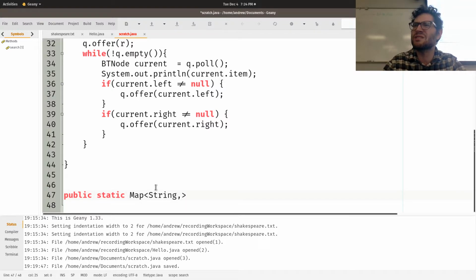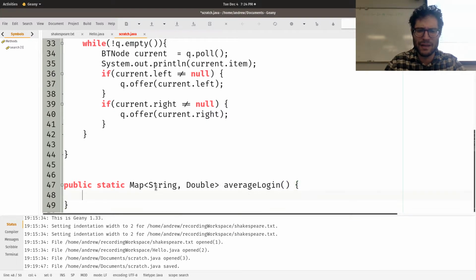User, which should be a string, and the amount of time they were logged in for. So that should be a double. So public static Map String Double. And so what are we going to take in? This should be called averageLogin or something like that. And we're going to take in a file, I guess, or a file name. Sure. String